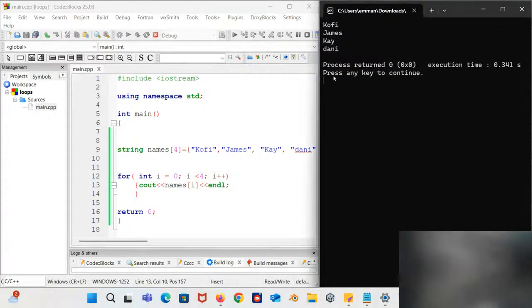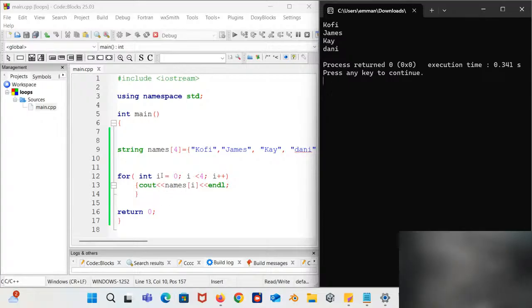Okay, so as you can see here, now we just used the for loop to print out all the elements in the array. Simple. So what did we do? We made mention earlier that we mostly like to use the for loop when we know the number of times that we want our iteration to happen. So we know there are 4 elements, and we want to print out all the 4 elements. So we declare the for loop, the syntax saying for followed by parenthesis, statement 1, statement 2, statement 3, then the action will follow.